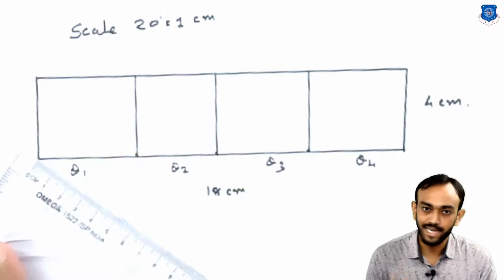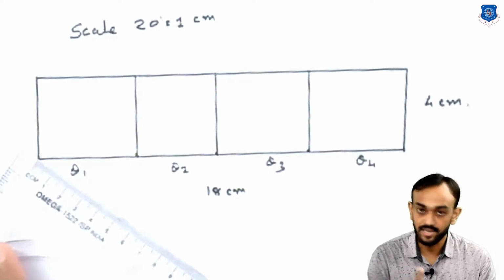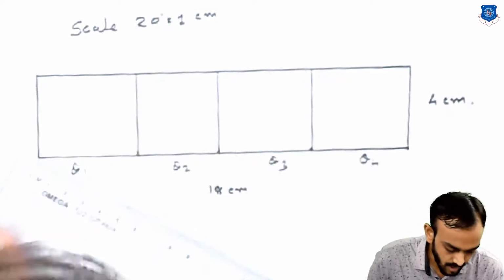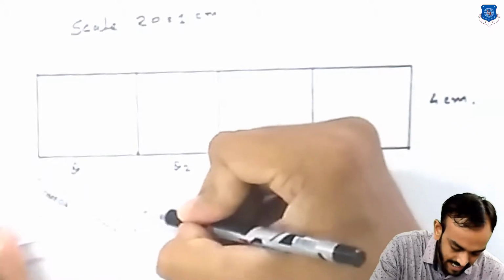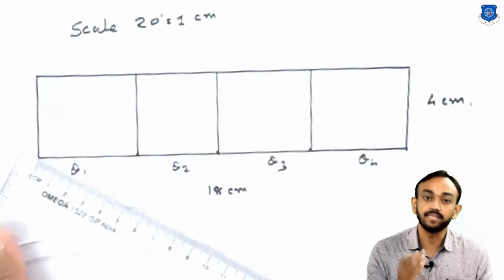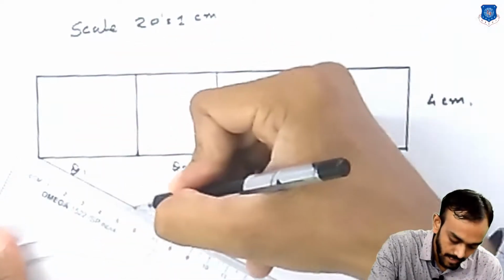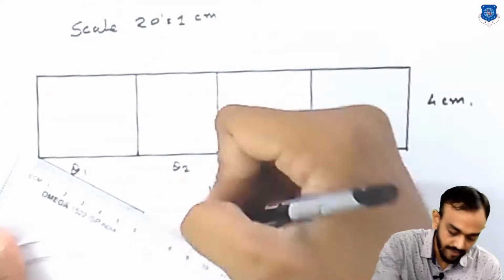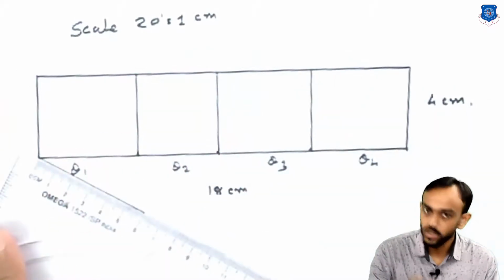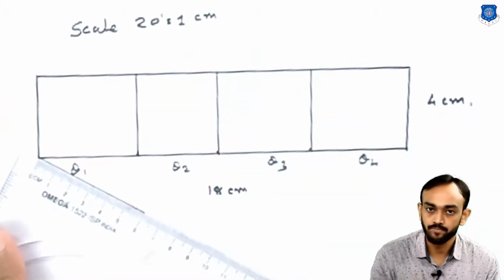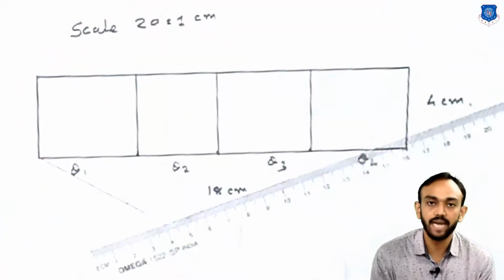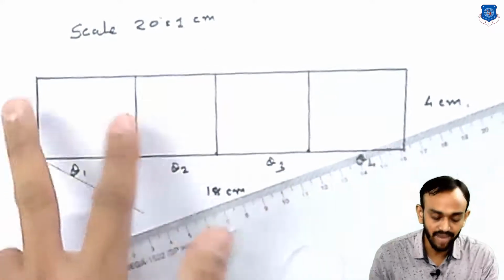There are 2 methods to divide the rise and return. The first method is the inclined line method. In that, you draw any inclined line from here, and I can take its length as 6 centimeters, because I want to divide this segment into 6 parts. I draw this line 6 centimeters long and divide it into 6 parts. You can draw the line at any angle, above in the top portion or below, on any side, and divide it into 6 parts.